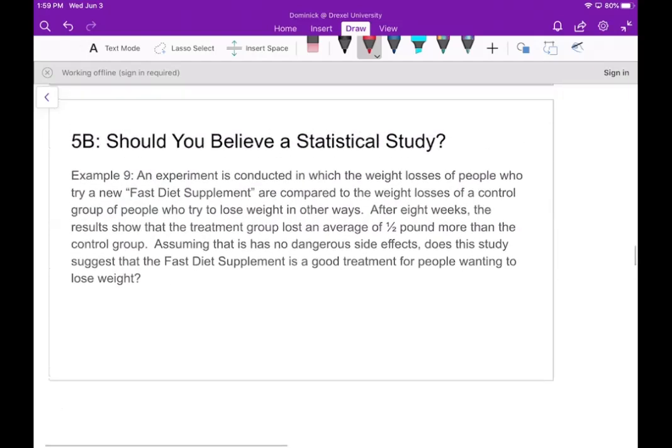an experiment is conducted in which the weight losses of people who try a new fast diet supplement are compared to the weight losses of a control group of people who try to lose weight in other ways. After 8 weeks, the results show that the treatment group lost an average of 1/2 pound more than the control group. Assuming that it has no dangerous side effects, does the study suggest that the fast diet supplement is a good treatment for people wanting to lose weight? And the answer here is probably not,